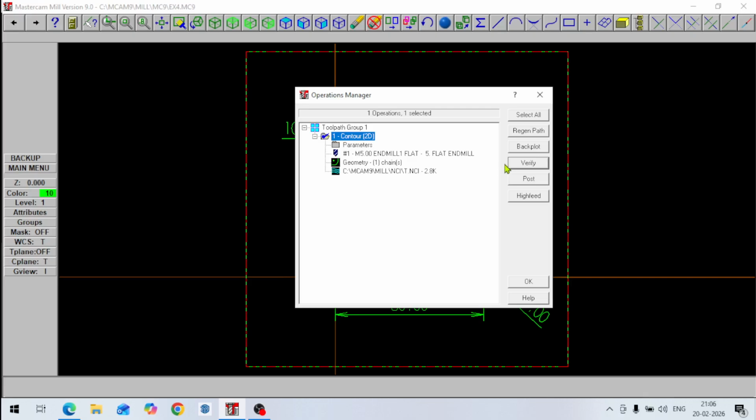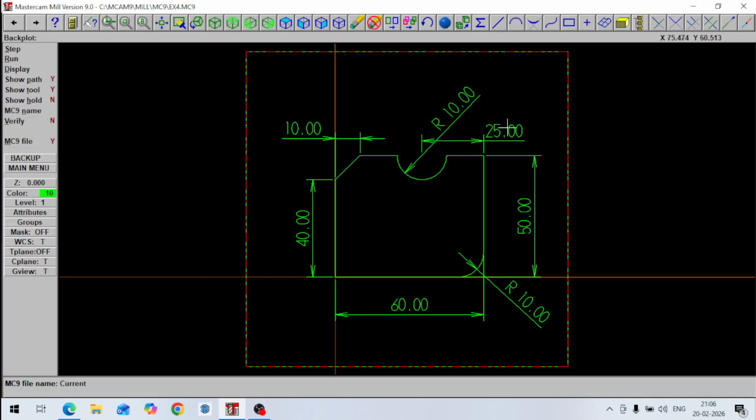How to check it in wireframe? Just go to backplot, and then you have to check it step by step. This step, your tool is running like this. This blue color is machined like this. These are all steps and it is finally machined. So you can run it like this. Okay,